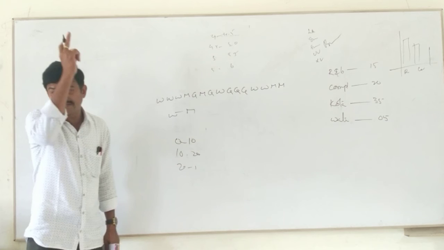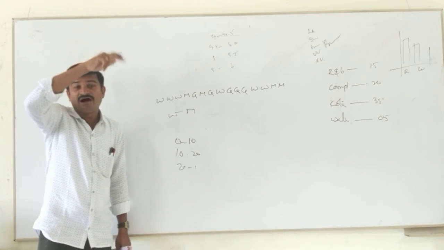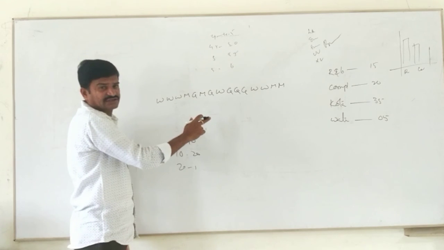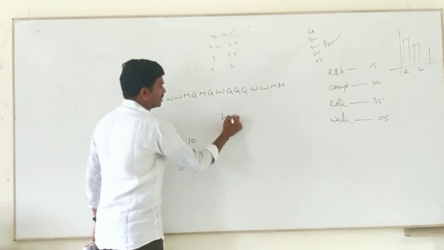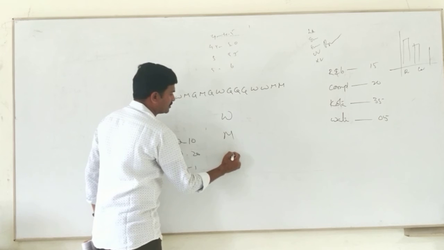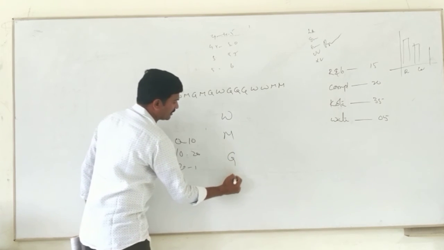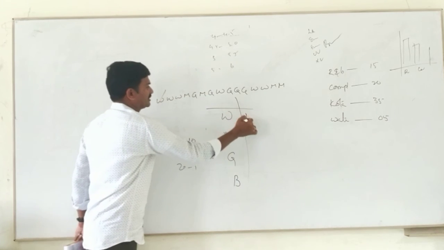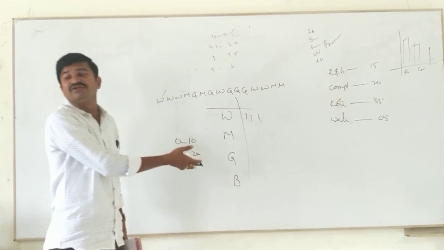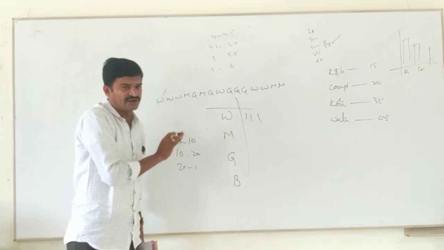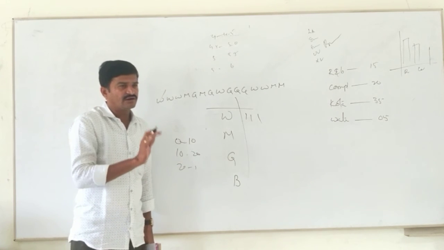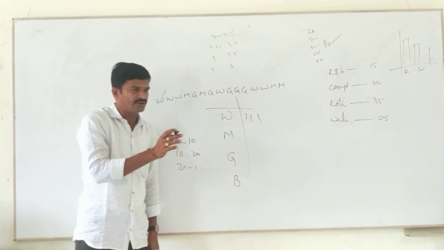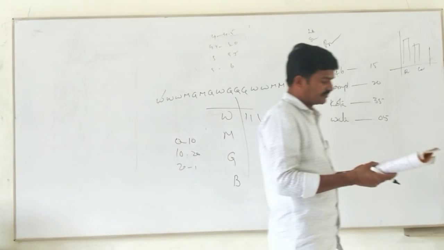This is the first example I told you, ungrouped data. Arts, maths, subjects. Only that. How many different categories are there? Four: woman, man, girl, boy. Now tally marks. How many women are there, like that? This is the frequency distribution table for ungrouped data, not grouped data. Are you clear? Yes, sir. So can you do it? Yes, sir.